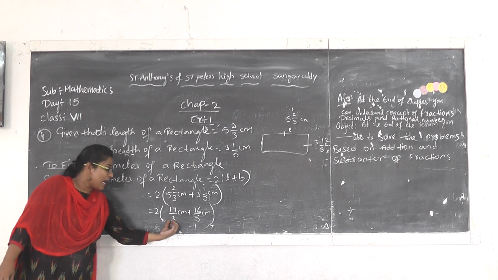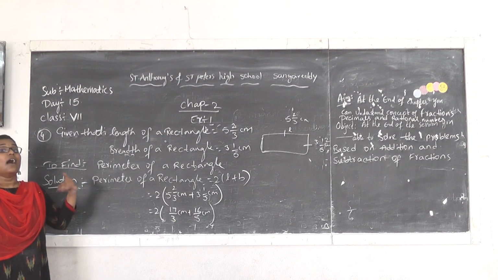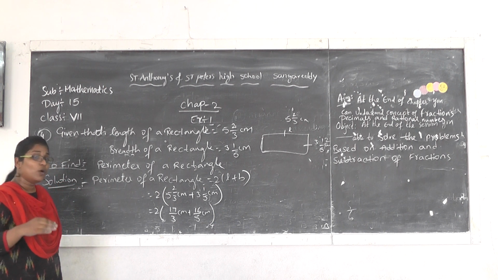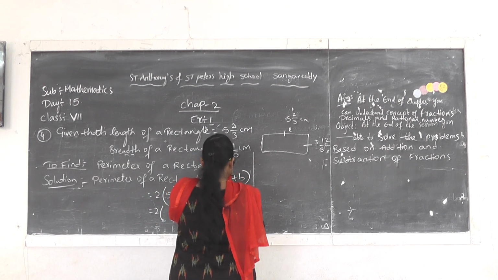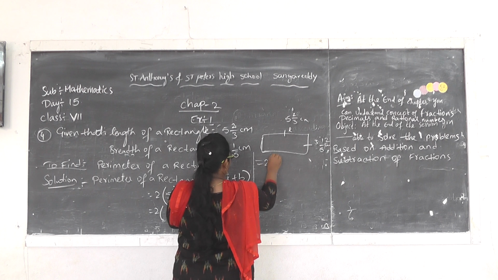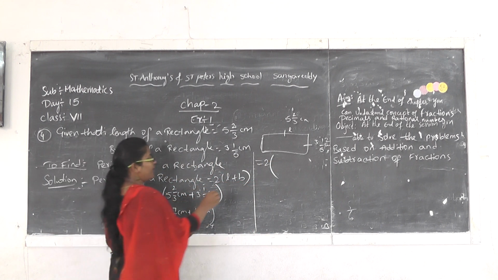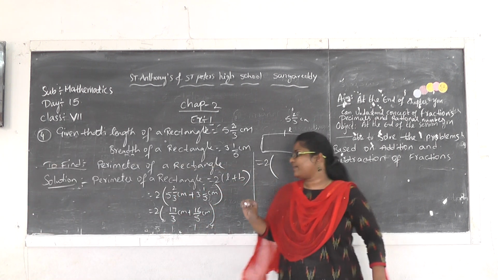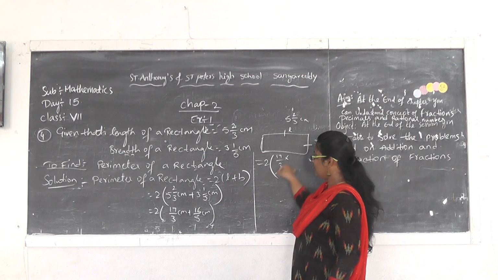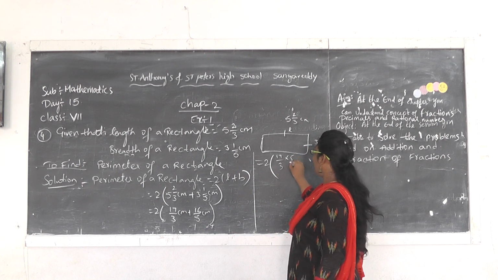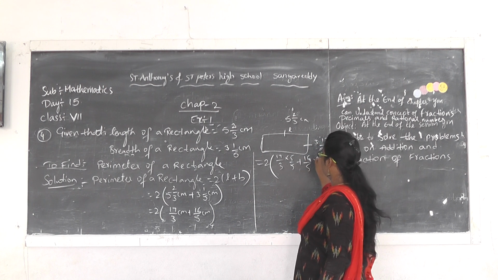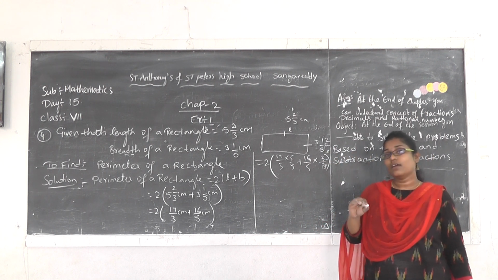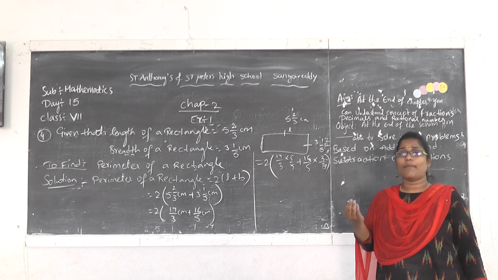Next what we have to do? Observe the denominators. They are like or unlike? They are unlike fractions. If they are unlike fractions, so what we have to do? We have to convert them into like fractions. Now 17 by 3, right? Since 3 and 5 are co-prime numbers, directly we can do the cross product method. What is cross product method? Look here. 17 by 3 into, what is the denominator here? 5, 5 by 5, plus 16 by 5 into, what is the denominator here? 3, 3 by 3. This process we can do when the two terms are co-prime numbers. Co-prime is what? If there is no common factor.